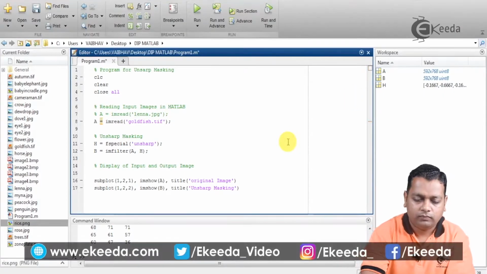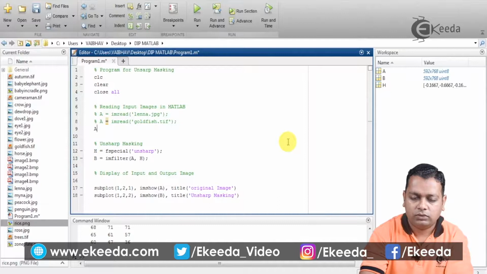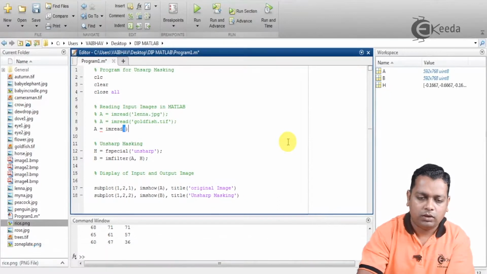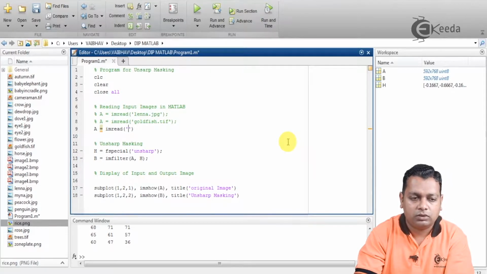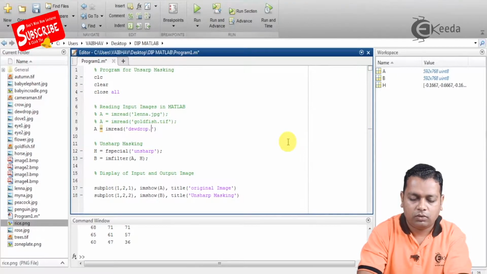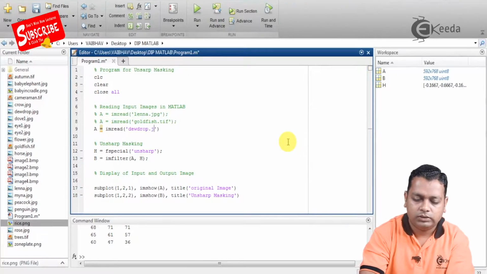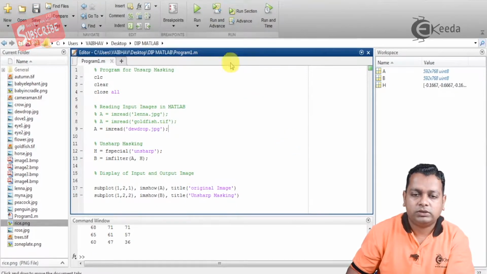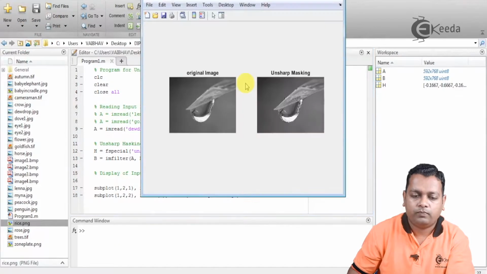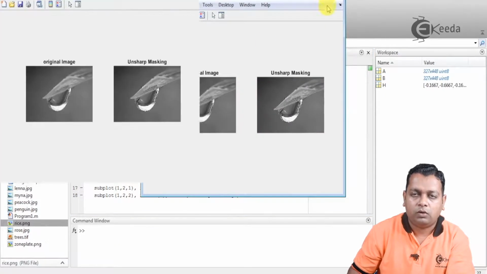Semicolon. We still try to change the input by imread, and instead of lena.jpg and goldfish.tif, we give dewdrop.jpg. I save the changes and run the program. Here we obtain the output.